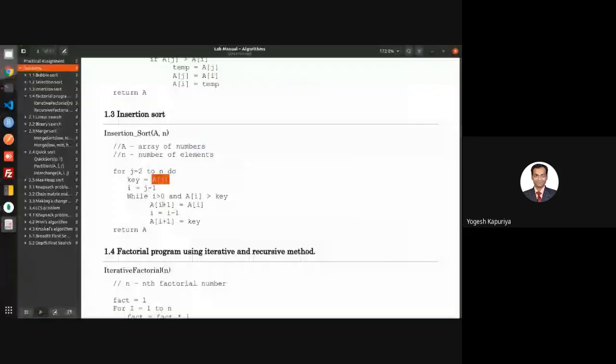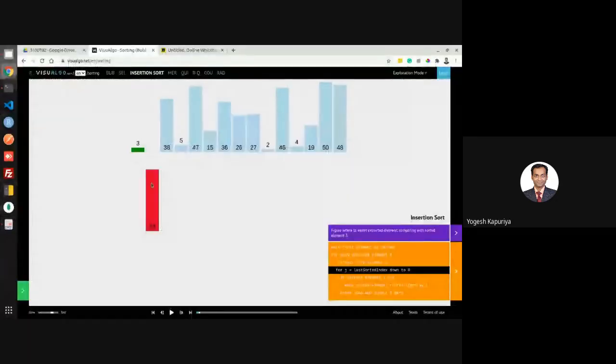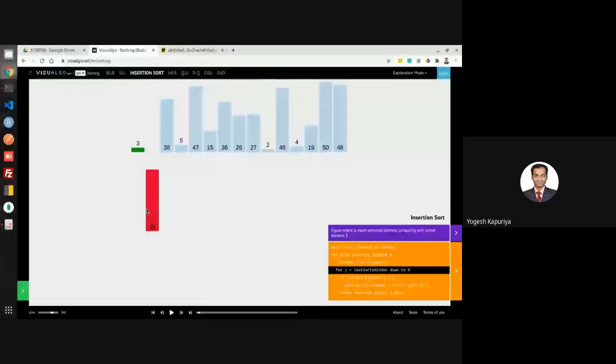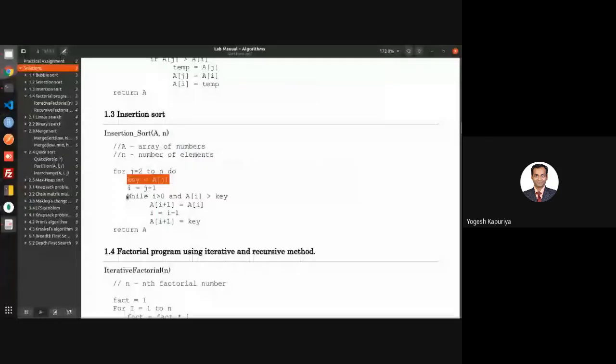You start comparison with one element which is less than j. So this is my j, and you start comparing with the element before it. Obviously, while i is greater than 0, forget this. Now what are you comparing?